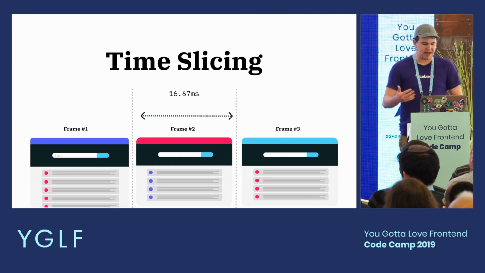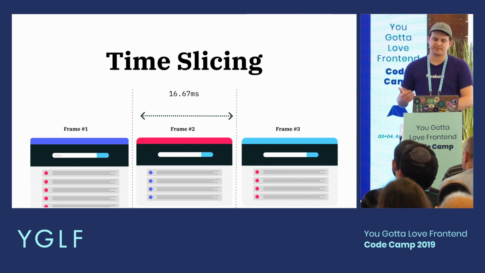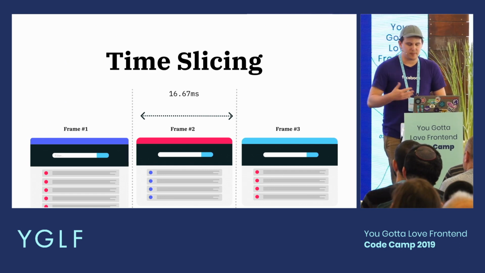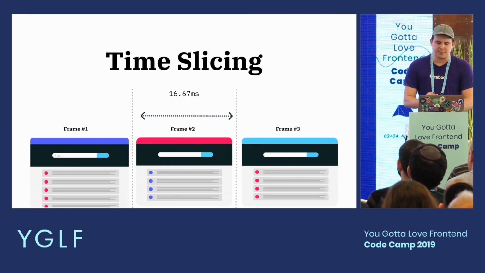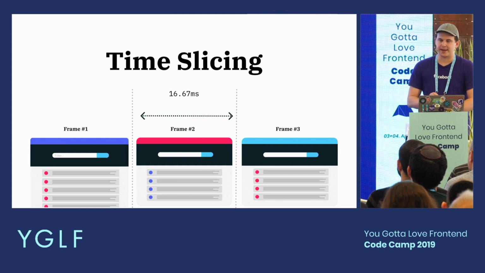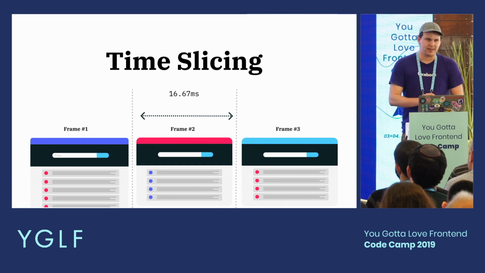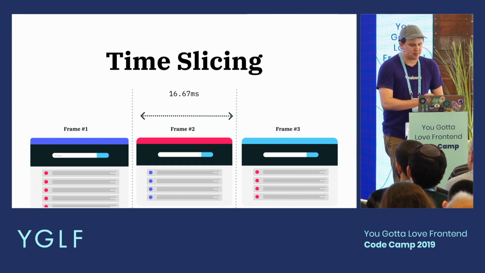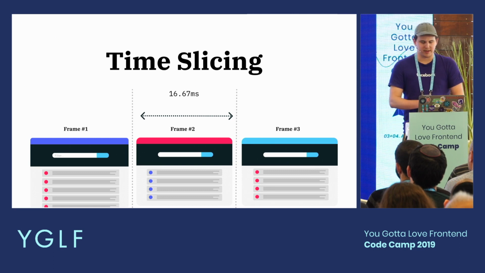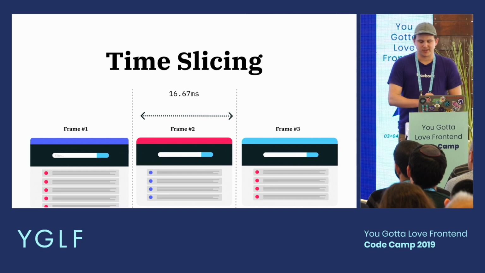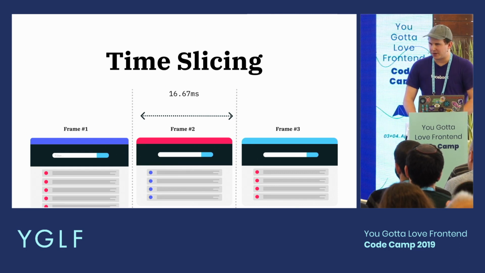And if we take a quick step back, we know browsers themselves are responsible for things like executing your JavaScript, layout, painting, all that kind of stuff. And we usually want to do that in 60 frames per second, right? If we do the math on that, that means we have about 16.67 milliseconds to do everything that we need to do. And if the browser has to do more work than about that time, we get what we call jank, which